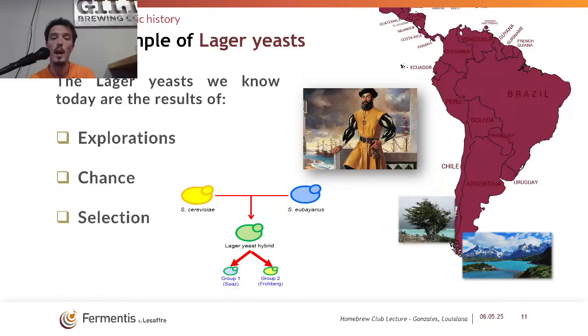The theory they had is that because of the exploration of Magellan in the 16th century, by chance he brought some of this yeast with them on the boat, going back to Europe. And during centuries, German brewers, Czech brewers, they have done this work of selection. At the beginning, they were working with crazy yeast, and generation after generation, they have selected the lager yeast we